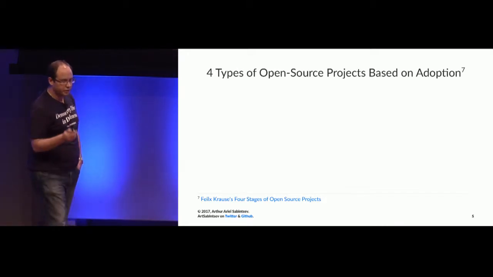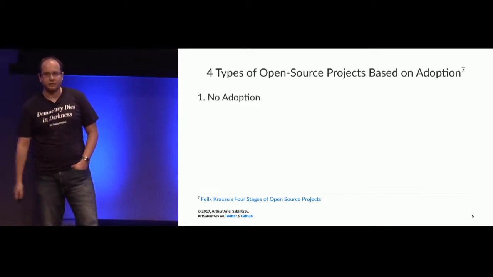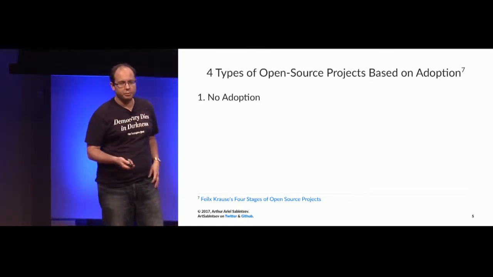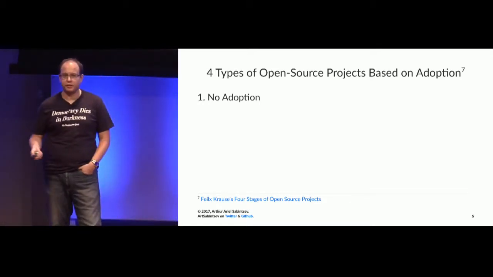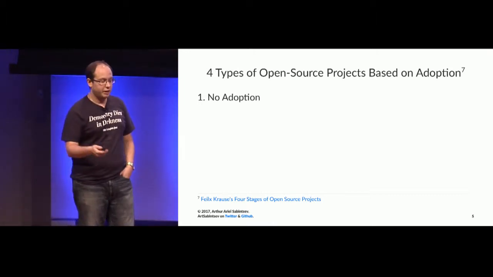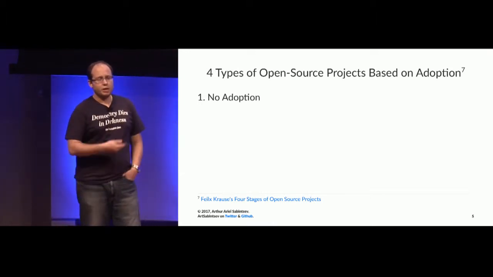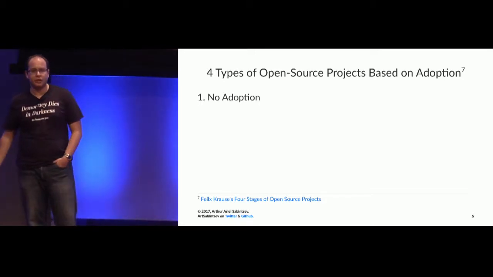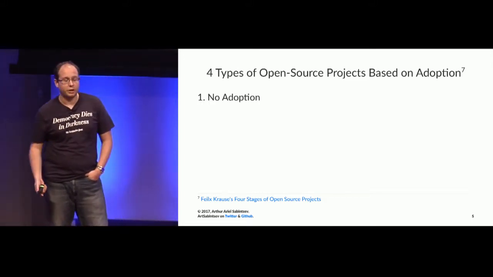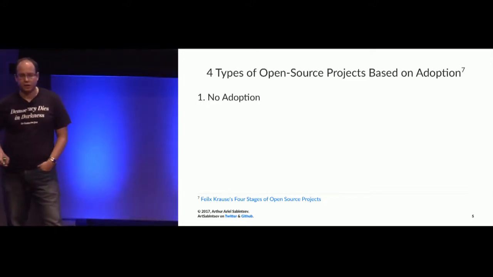The most common, by far, are those projects that have no adoption, meaning that someone decided to write a piece of code, wanted to store it online, thinking they'll get back to it, or actually wrote a project they wanted to open source and are actively maintaining, but no one has found that project. No one has put an issue. No one has contributed in any way, shape, or form. So it's essentially a project that could be dead or a project that is alive and healthy, just no one knows about it. So that's a project with no adoption.